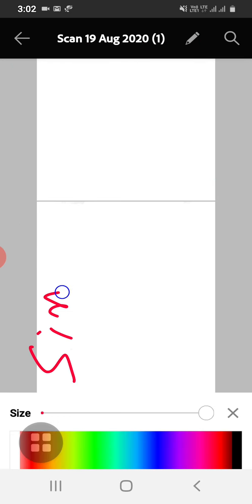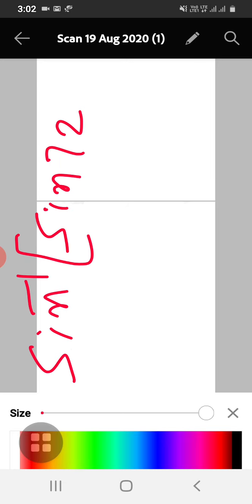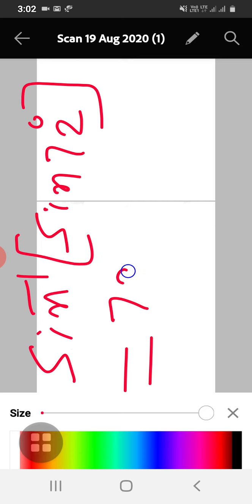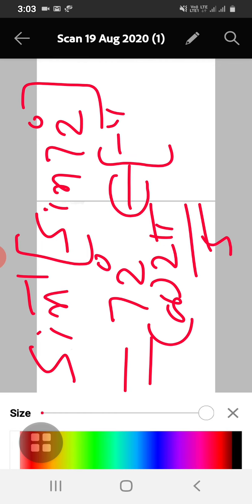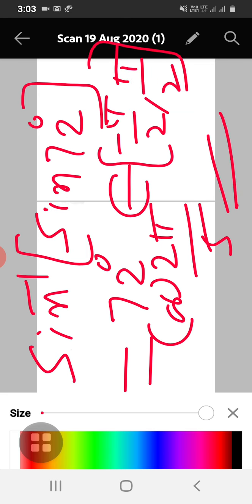What I got is sine inverse of sine of 72 degrees. I can write this as 72 degrees or 2 pi by 5. Now this belongs to our principal value branch. That's why I told you in the beginning it's not so easy. So you can write 72 degrees or 2 pi by 5. Now it belongs to our interval.